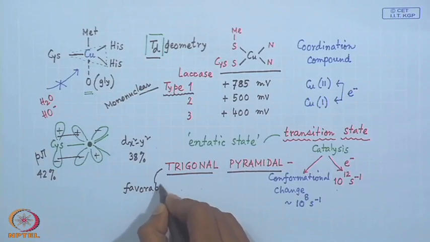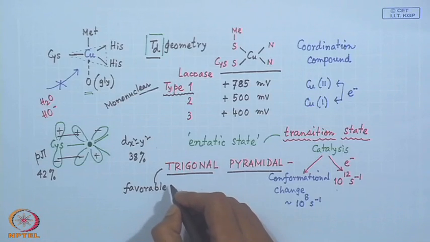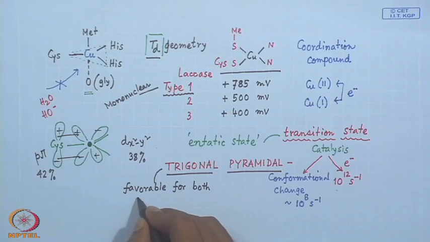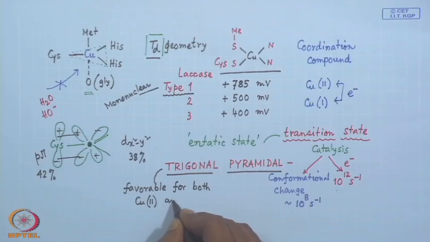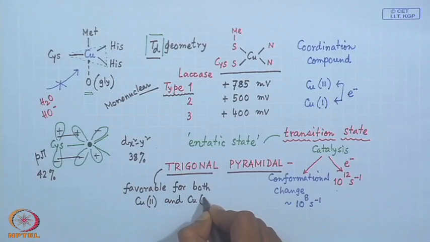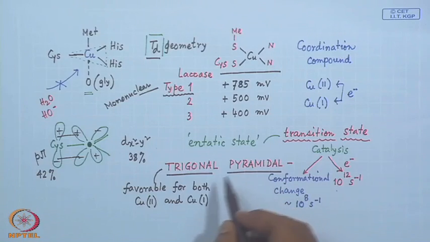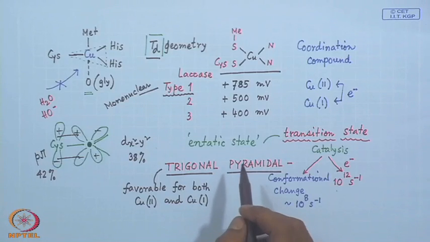So, this is the basic idea behind doing all these studies: it is favorable for both copper 2 and copper 1. If we get some intermediate geometry, then from this trigonal geometry, if you go for copper 2,